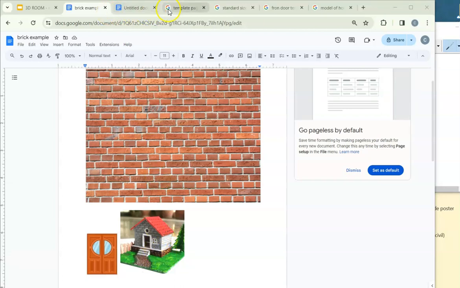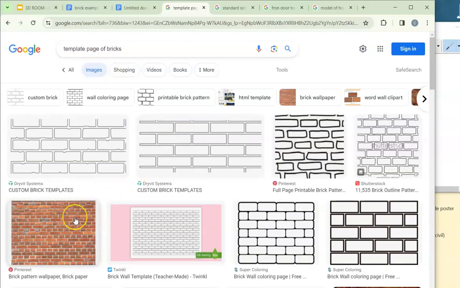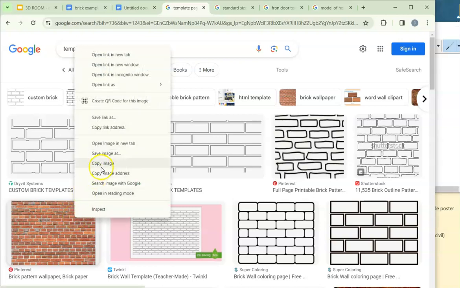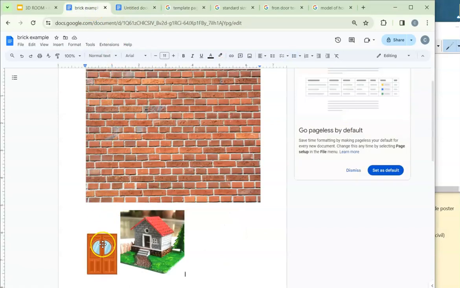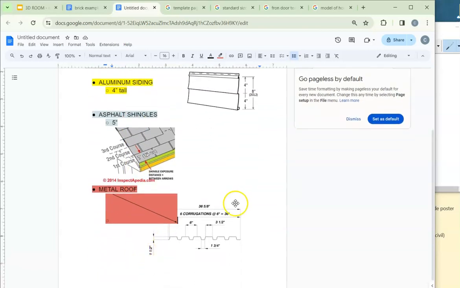So what I did is went to the internet and I searched template page of bricks. And then I might find some bricks and copy that image so then I can just paste it in a document. So I went and found those things like a door, window, bricks, asphalt shingles, and I pasted it in a document. I also created a page of these common sizes of brick, siding, shingles, metal roof, and you can